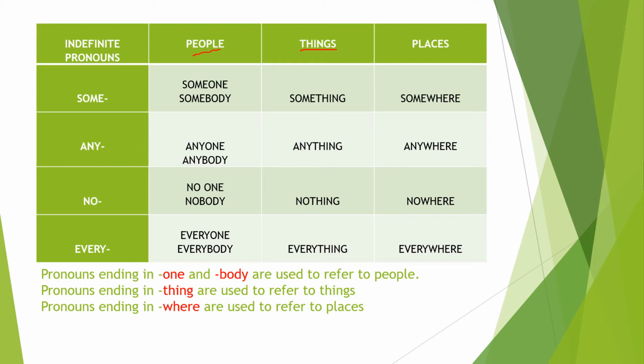Something is the first one. Something, use it for affirmative sentences. Anything, use it for interrogative sentence or negative sentences. Nothing, only for negative sentences. And everything as a whole group. Also, another group of indefinite pronouns ending in where are used to refer to places, like somewhere, anywhere, nowhere, or everywhere. Though all of these indefinite pronouns are really, really important when we want to express our ideas.